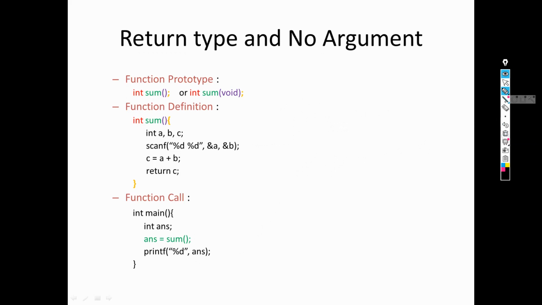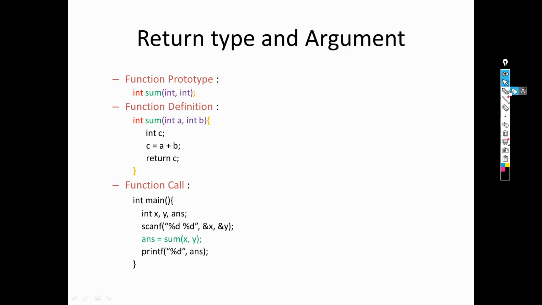Okay. And the last category, that is return type and the argument. So this function will have return type. So you can see here return type is integer, and it also takes the input from user. So it is integer. So for making sum, we should have minimum two values. So that's why I have written integer and integer. So again, our first task is scanning, and second task, this is also known as input. Second task is printing answer, or we can say output.